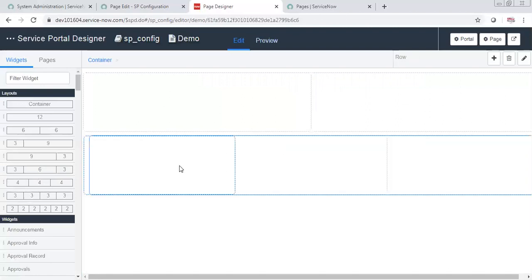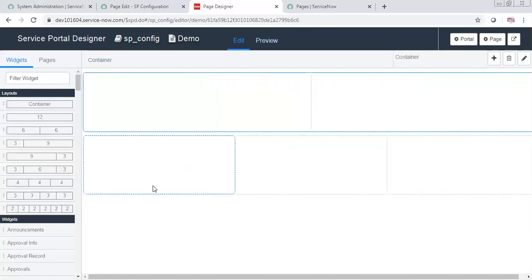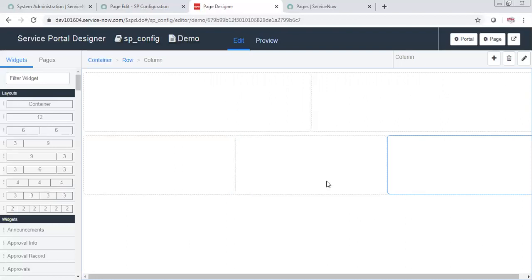Now sometimes what happens is you get these 3 by 3 by 3. Maybe I need the first one to be of size 2 and the rest two of size 5 each.